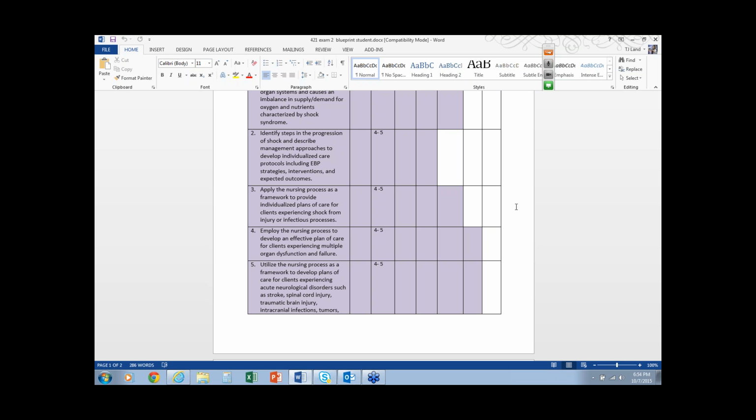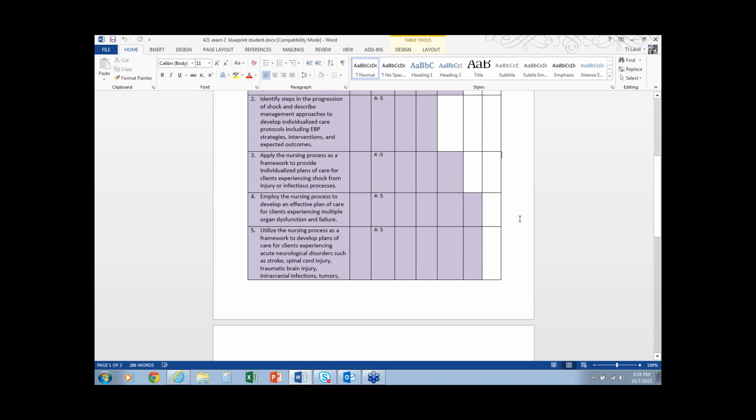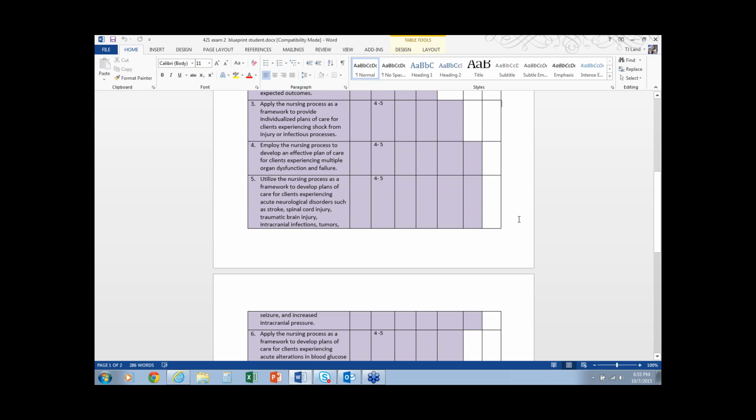The fifth one says we need to utilize the nursing process as a framework to develop plans of care for clients who are experiencing neurological disorders such as stroke, spinal cord injury, traumatic brain injury, intracranial infections and tumors, seizures, and increased intracranial pressure. Okay, so this is the part where we talk about traumatic brain injuries, we talk about spinal cord injuries, we